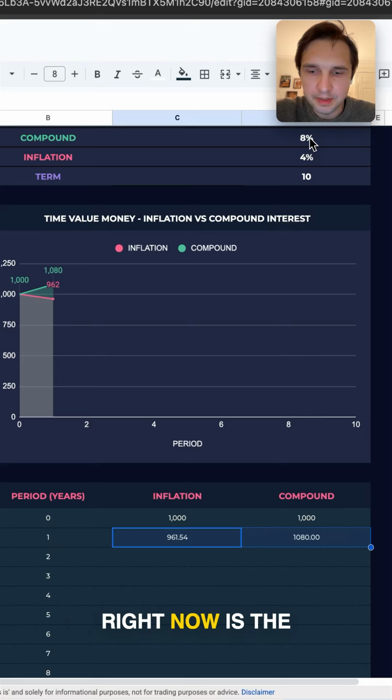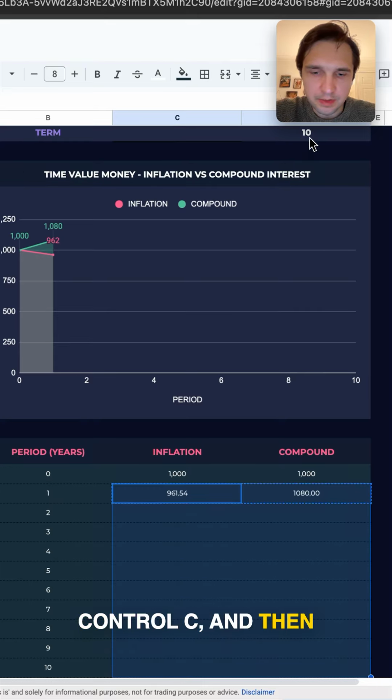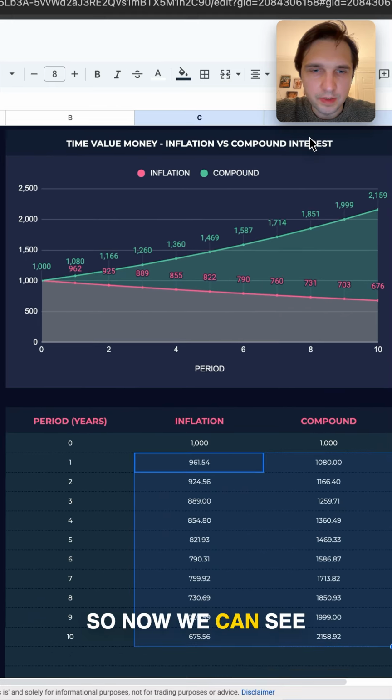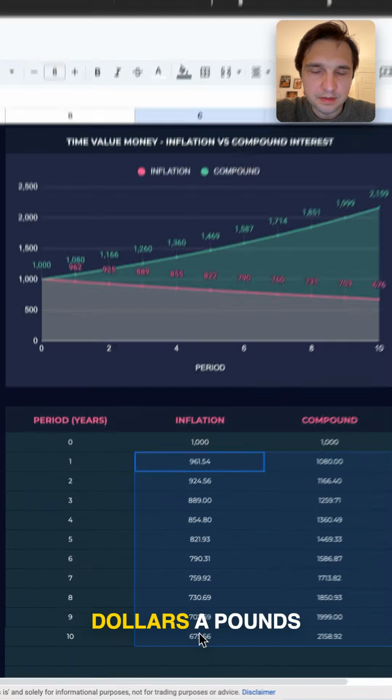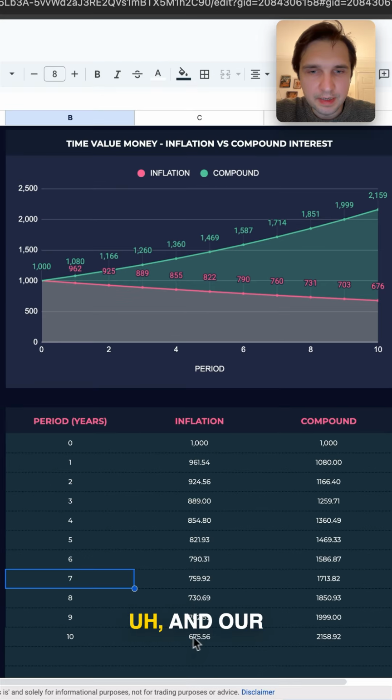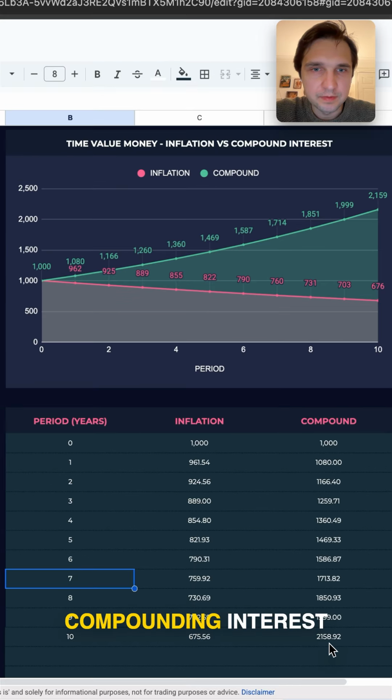So all we need to do right now is do Command C, Shift down, or Control C, and then Command V, Control V, and perfect. There you go. So now we can see that by the end of the 10th year, our £1,000 would become 675, and our compounding interest of our 1,000 would become